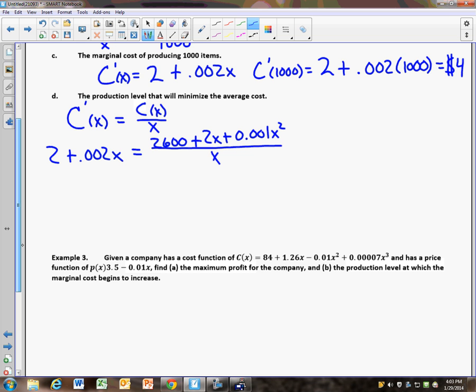So we want to find out when those two are equal to each other. We've got to solve. How are you going to solve? Very good. You're going to cross multiply. When I cross multiply, I get 2x plus 0.002x squared is equal to 2600 plus 2x plus